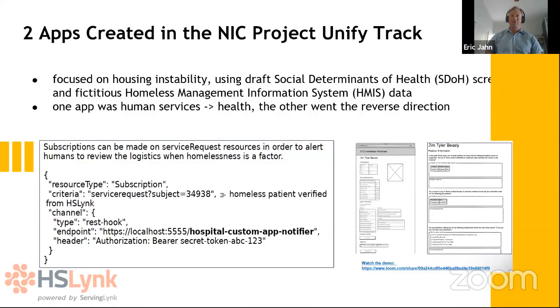So these are actually two different scenarios that Gravity has. I think they have 3 for social determinants of health, but these are the first 2. Each has a different direction of the screener information flow, from or to the healthcare information system. We didn't ask the teams to do it, but they did it on their own. Team 12 went health to human services, and Team 10 went human services to health. So pretty cool. Next slide, please.